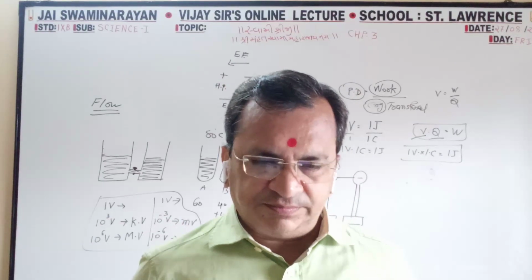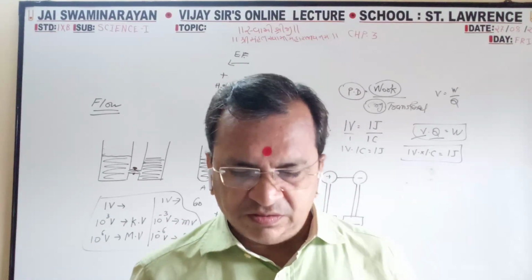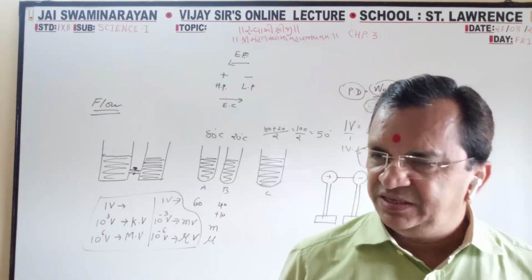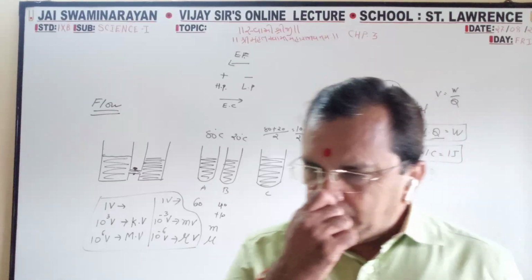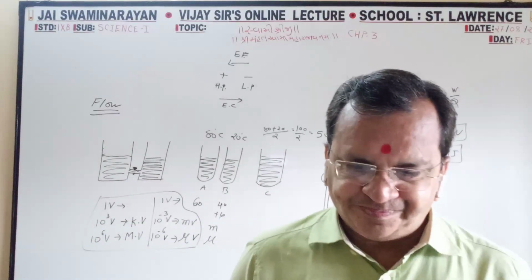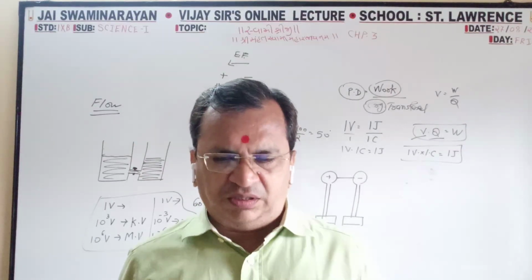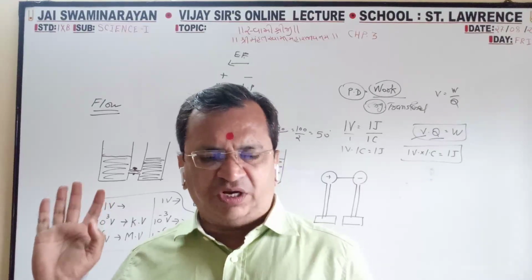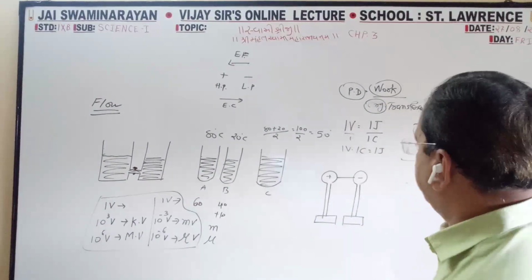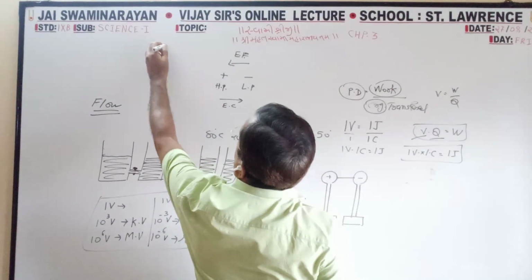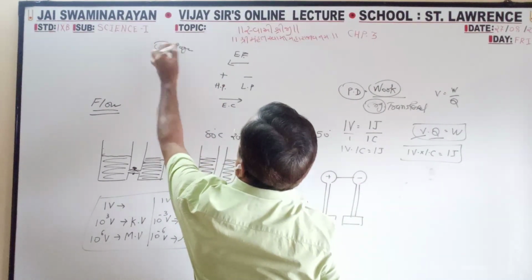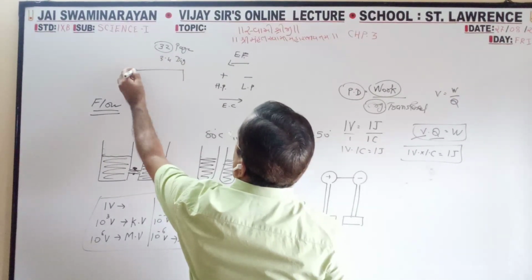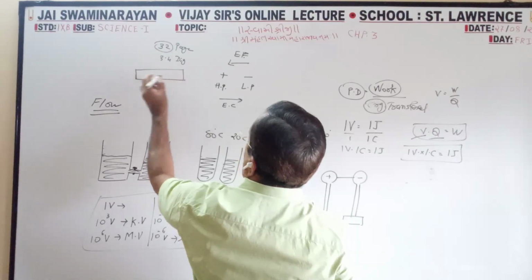Milli and micro, that is given on page 32. The center part is given, very important. Current flowing through the wire, this is the most important point. 3.4, page 32. Diagram. Conducting wire.